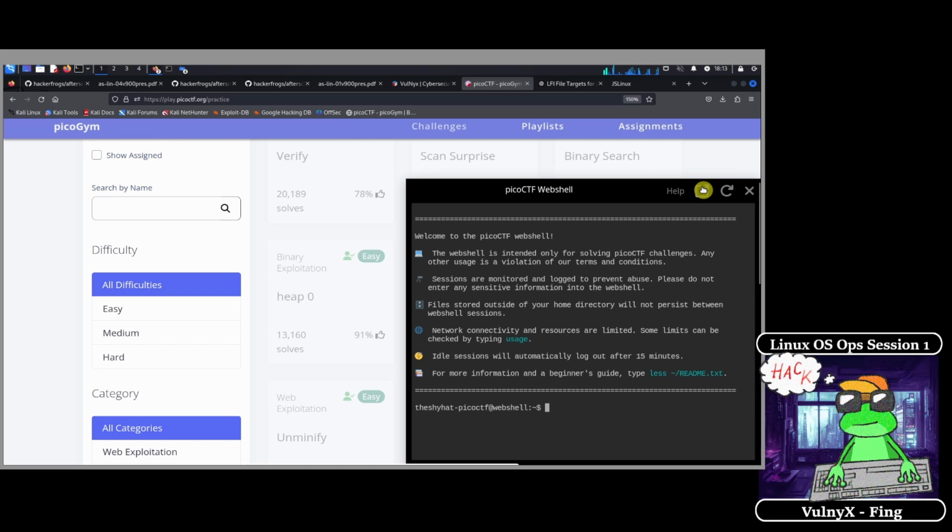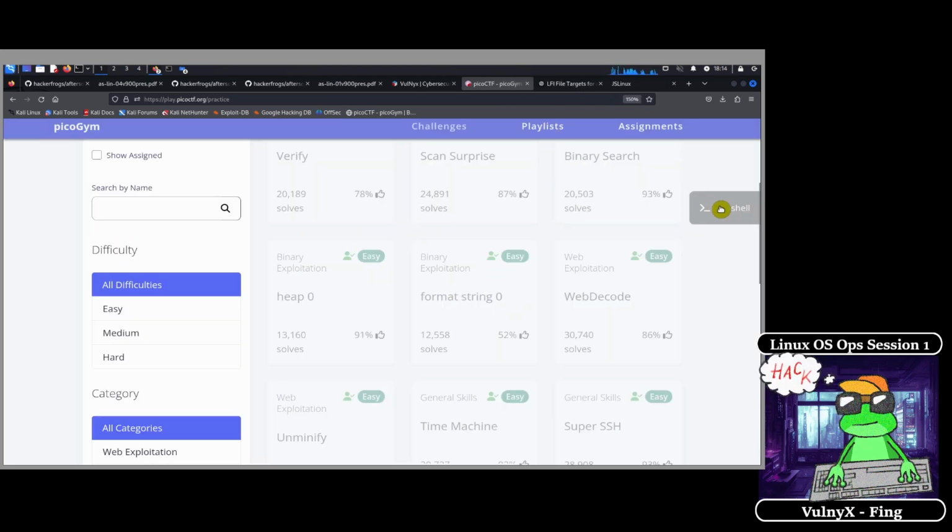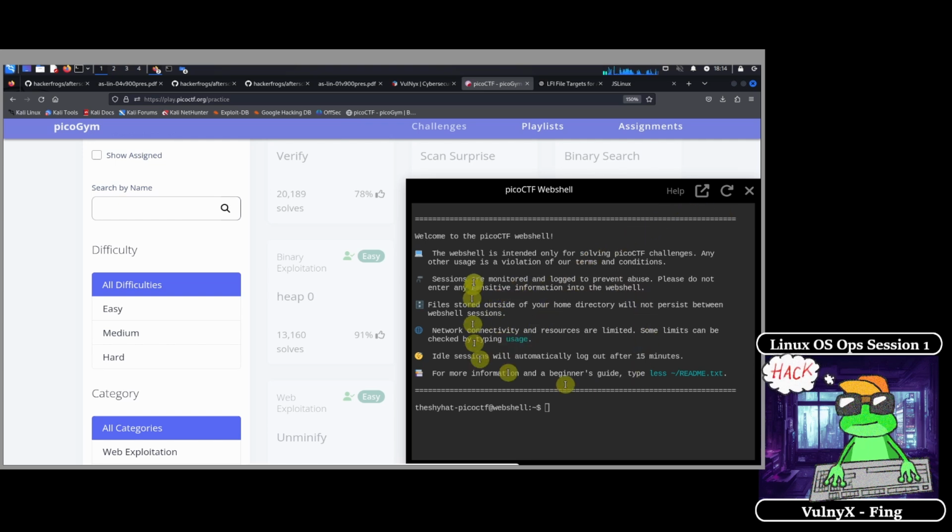When you click on Pop Out Web Shell Terminal, that's going to put the web shell in its own browser tab. And that's what we want. If you don't see anything come up after a few seconds, that means it didn't quite work. So close that tab, then click on Web Shell again and try again. Click on this button right here, Pop Out Web Shell Terminal. If it doesn't work the first time, try it again.